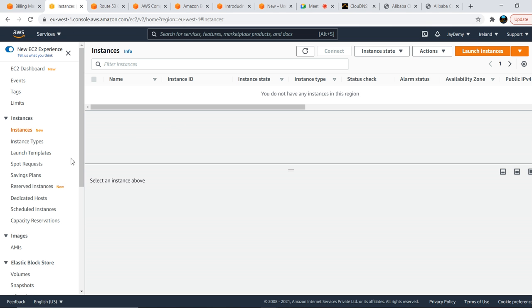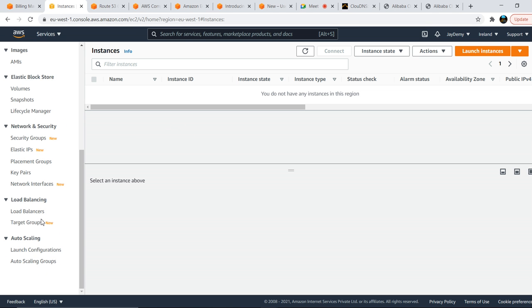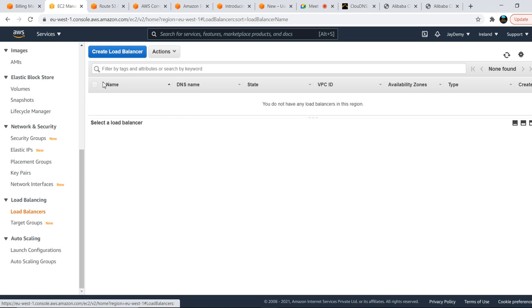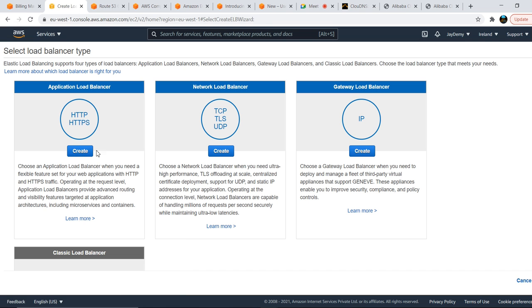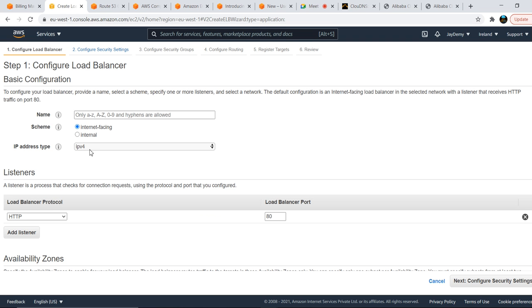So coming to the load balancer, as we tested yesterday, the application load balancer without any SSL. We created the load balancer yesterday and used only the HTTP listener. The same way we will use and test with the HTTPS listener also. Why we need HTTPS, I will explain today. My load balancer will be internet-facing.